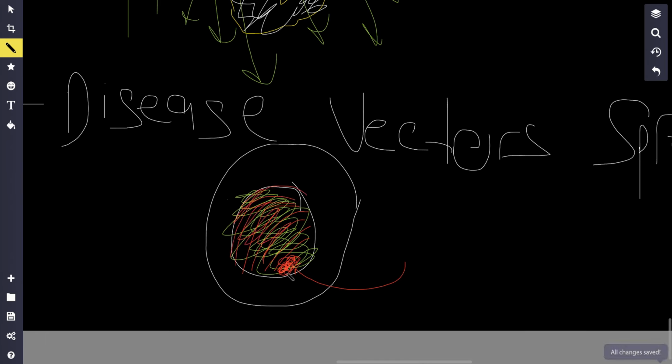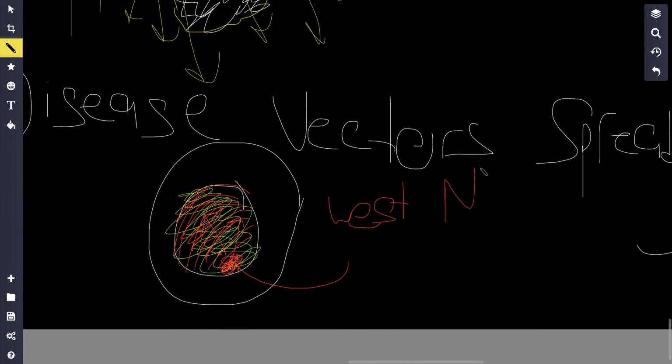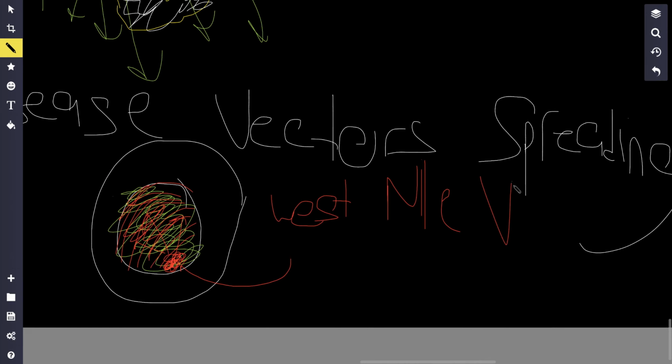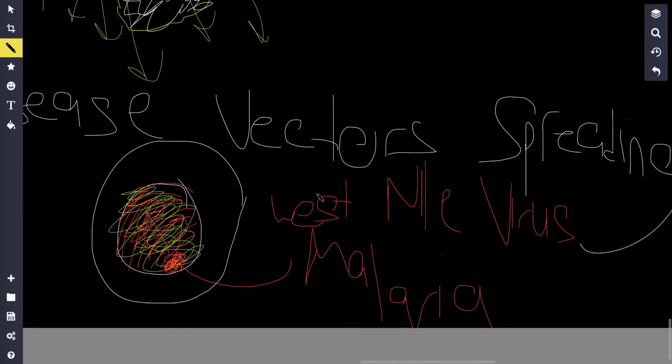Because originally the mosquitoes only lived in this one hot area. But as the earth gets hotter, more and more places start getting hot. So the mosquito can travel to all these areas and spread their nasty diseases to everybody else. So diseases like the West Nile virus. You also have malaria, right? This is spreading because of climate change.